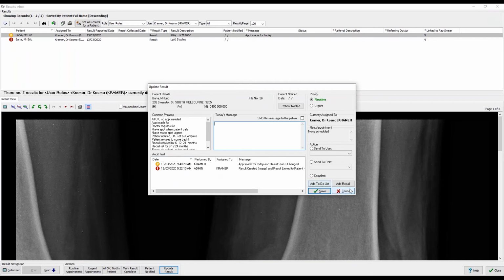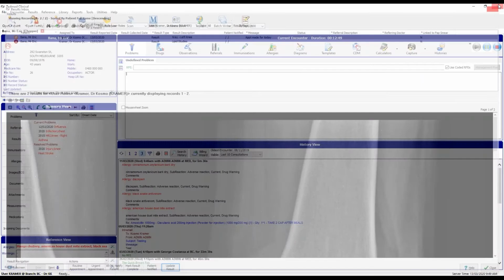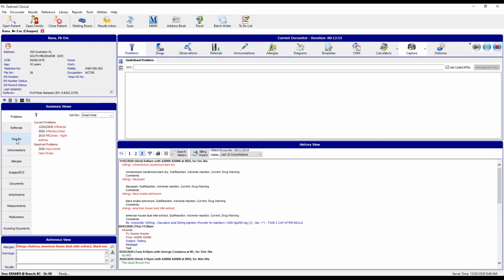So all actions that have been performed with this result. Let's have a look at viewing these results through the patient record. Just going to close out of here, over into my summary views, into the results tab, and here are my results. So you can see that looks like our patient has a consistency with their current issues at the moment. Looks like looking into some blood tests, and maybe our patient, Eric, is having trouble with his knees,